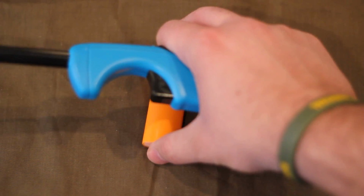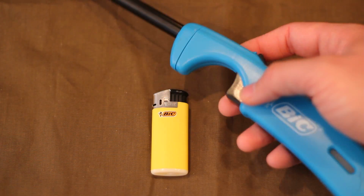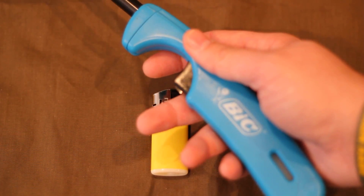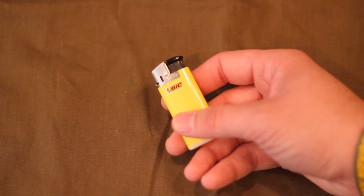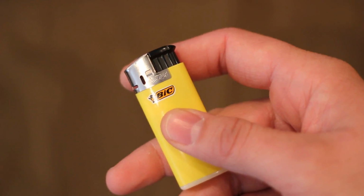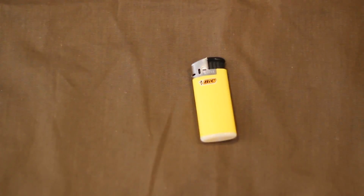The piezo lighter, let's move this one out of the way. This is also a piezo type lighter, the grill lighter, and these are good to have too, but they're big, not really good for carrying around on your person. Basically this thing takes an electric arc and ignites the fuel, and you can kind of see it jump out there. These things work great, and I'm going to show you real quick. You can dunk them in water and they'll light immediately. We'll dunk both of these in some water,